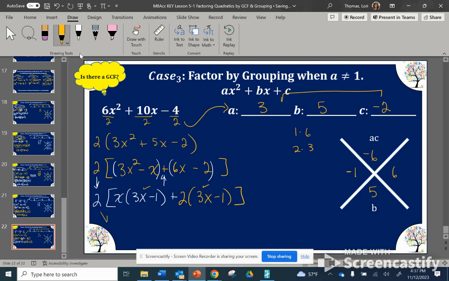Okay, moving right along, bring down our GCF of 2. Create this binomial factor, x plus 2. And then our shared binomial